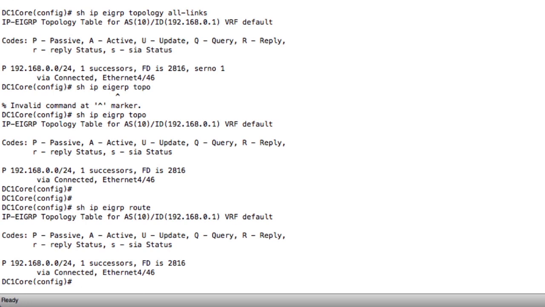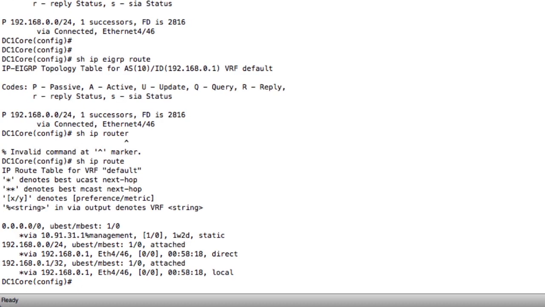Because we already have these directly connected routes in our routing table, the directly connected route has a better administrative distance than the EIGRP route does. So we will not see the EIGRP route